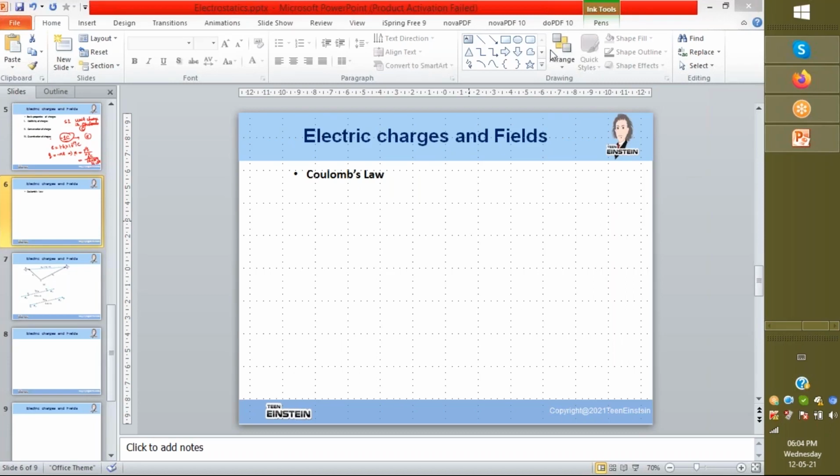We have to start with quantization of charges. So quantization, I'll just give you one simple example of quantization in our real life. Then we can move forward. So quantization means what? Any quantity, any amount of quantity, when we are able to express that amount of quantity